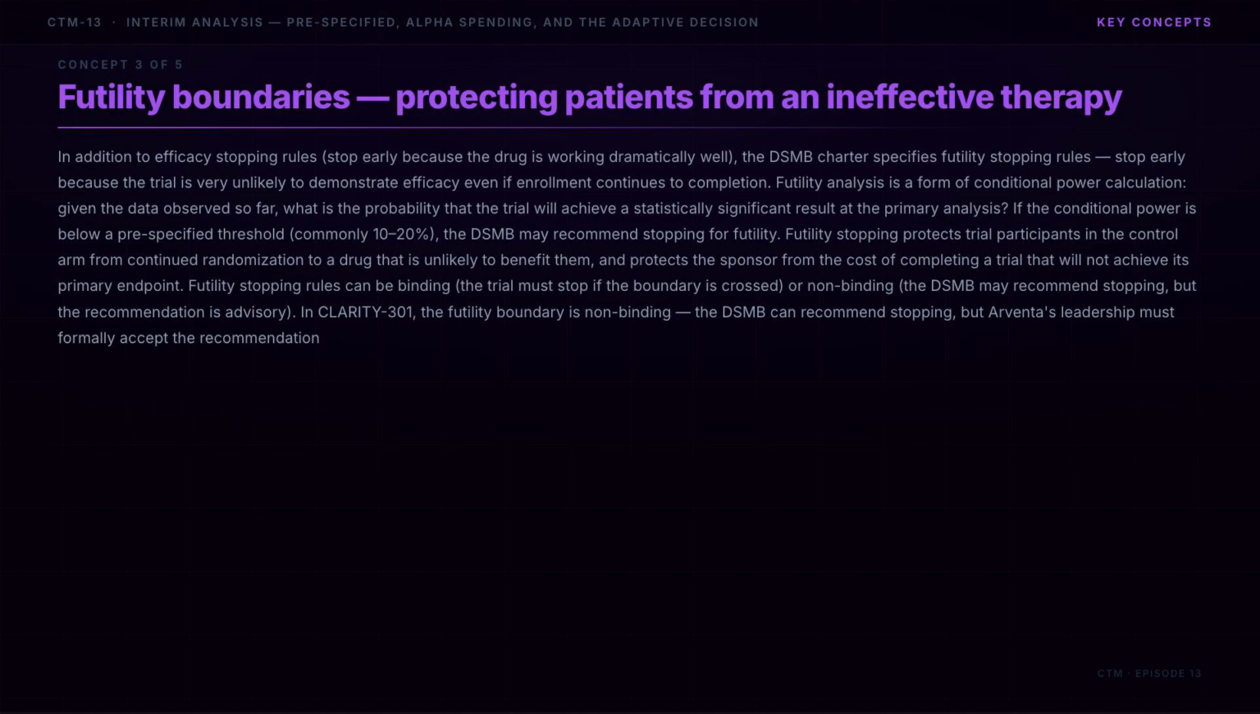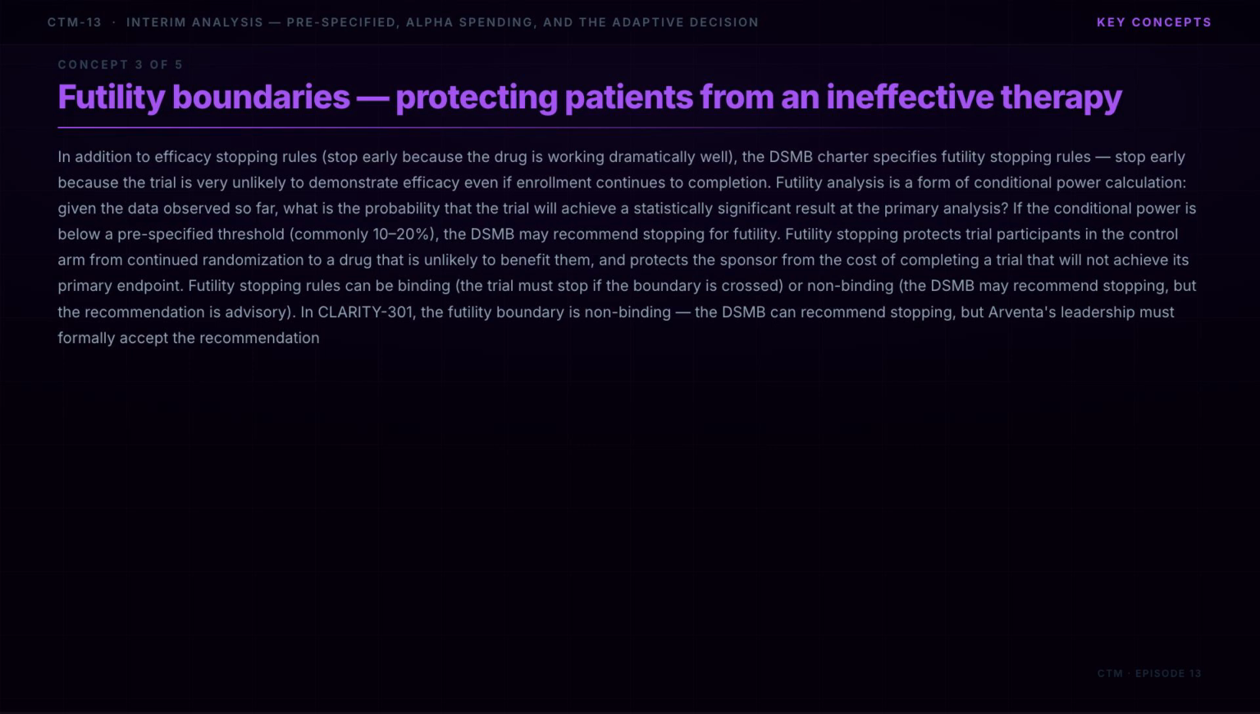Futility boundaries, protecting patients from an ineffective therapy. In addition to efficacy stopping rules, stop early because the drug is working dramatically well, the DSMB charter specifies futility stopping rules. Stop early because the trial is very unlikely to demonstrate efficacy even if enrollment continues to completion. Futility analysis is a form of conditional power calculation. Given the data observed so far, what is the probability that the trial will achieve a statistically significant result at the primary analysis? If the conditional power is below a pre-specified threshold, commonly 10–20%, the DSMB may recommend stopping for